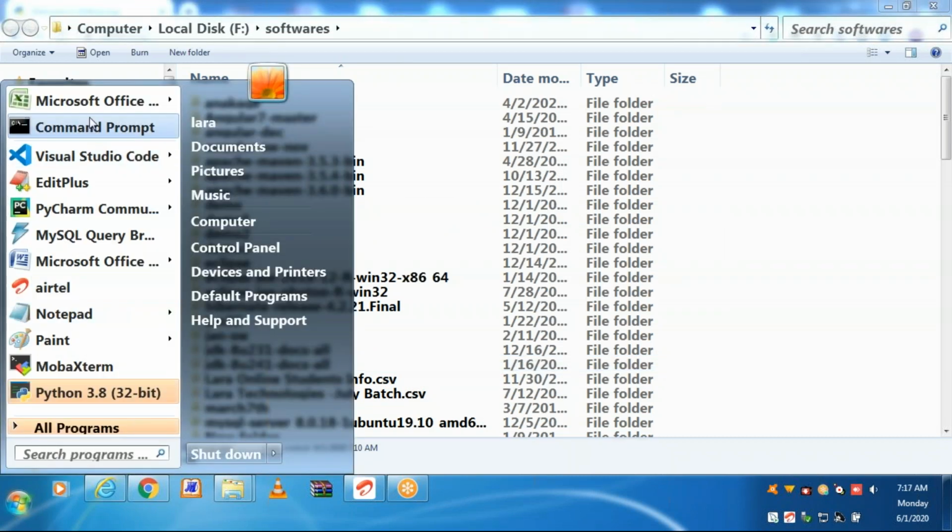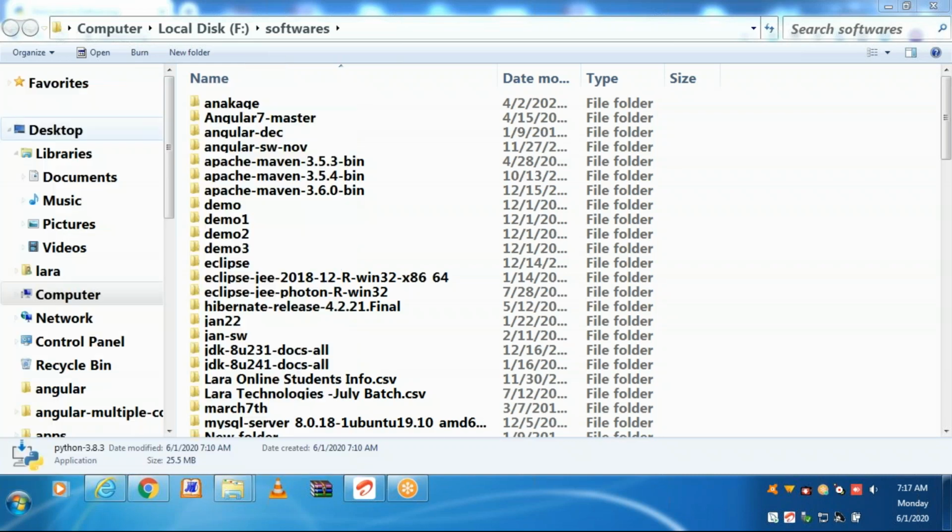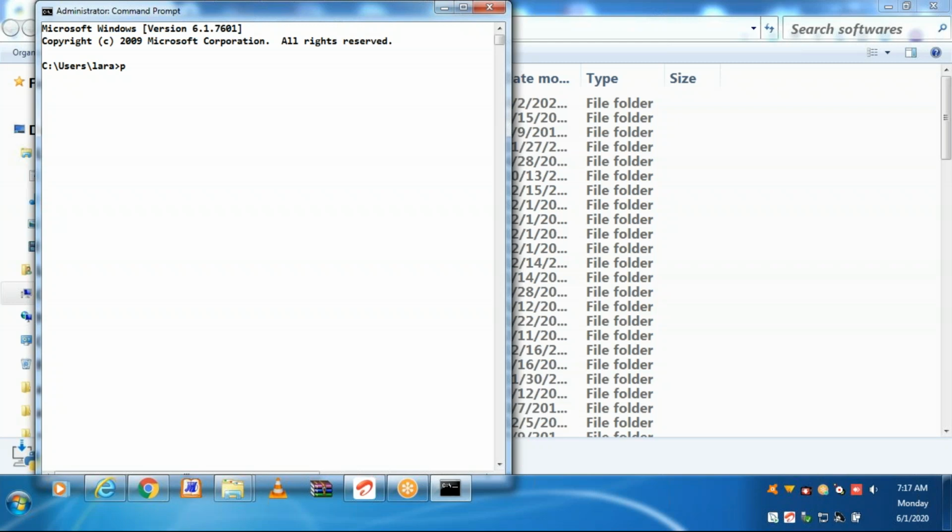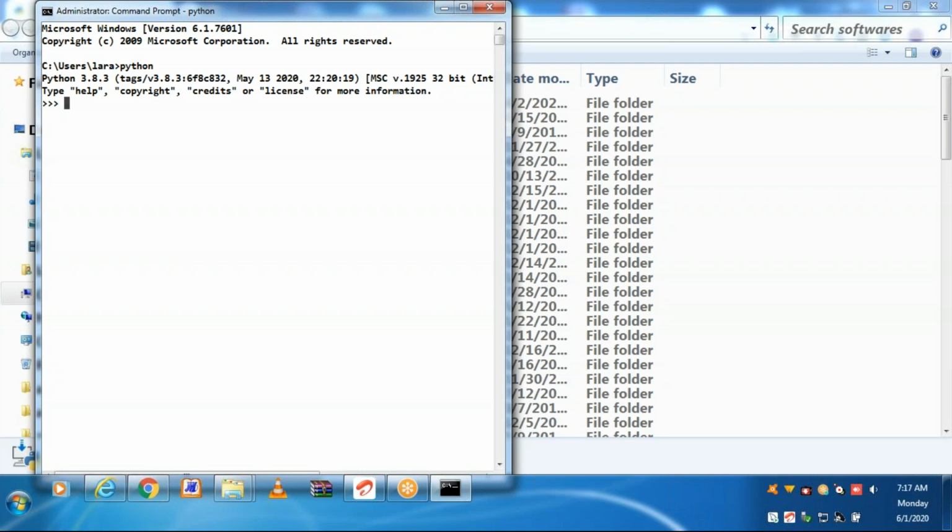Open a command prompt to check whether it got installed or not. Just type Python. You will get a Python inline editor. If you are getting this, then the installation is proper.